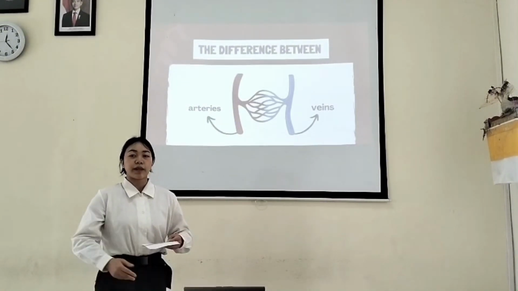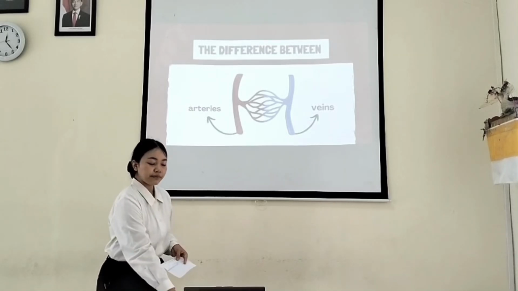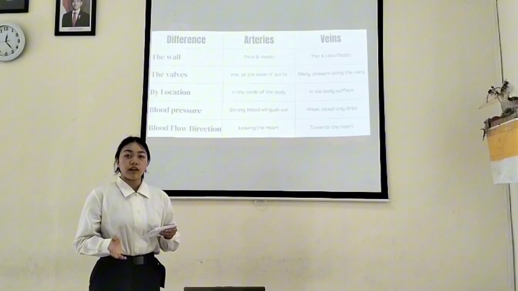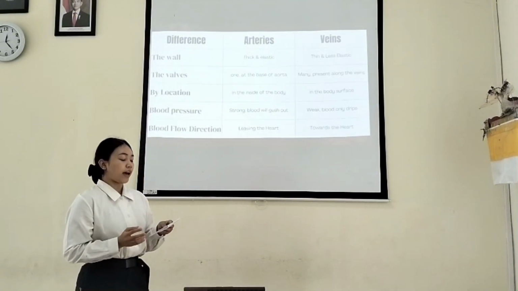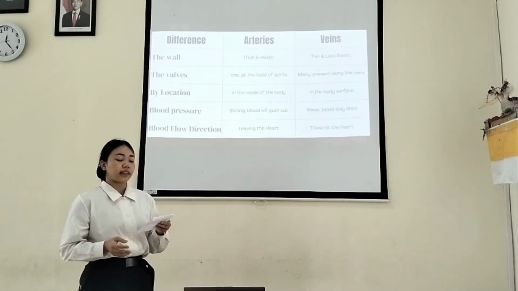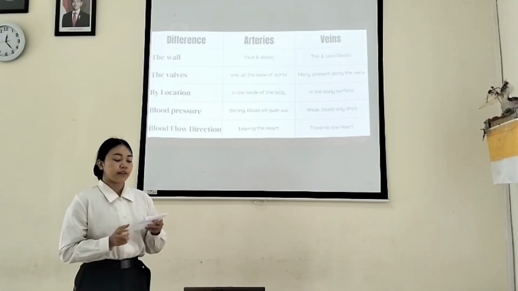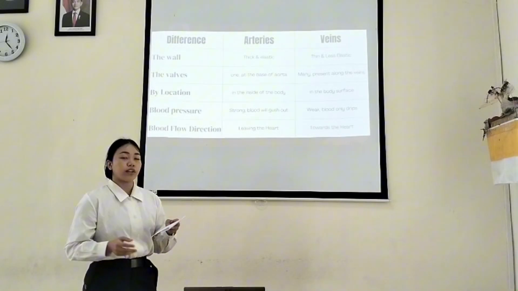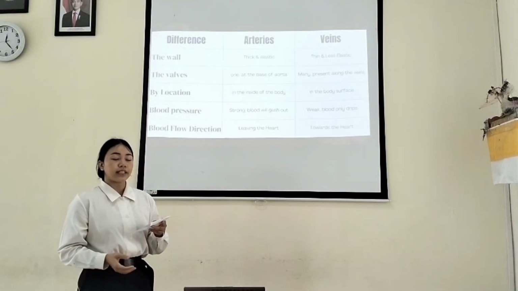Then after hearing the explanation above, you can see the difference between veins and arteries. If you're looking at the cell walls, the arteries have thick and elastic walls. On the other hand, veins have thin walls and are less elastic than arteries. If you're looking at the amount of flow, arteries only have one pulse at the base of the aorta, and the veins have many holes along the length of veins. If you look at the location, arteries are located inside the body, and the veins are located on the